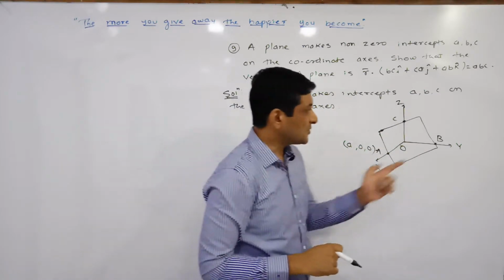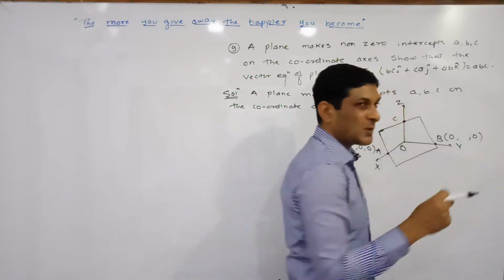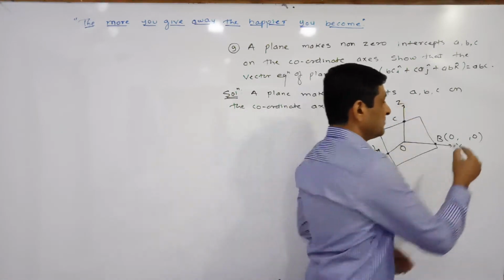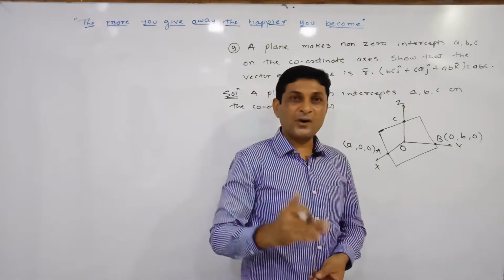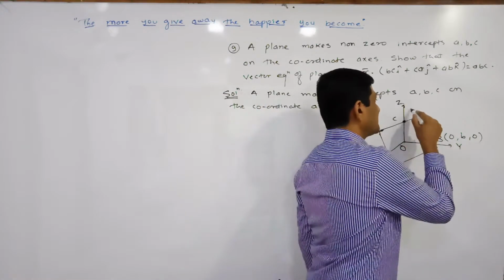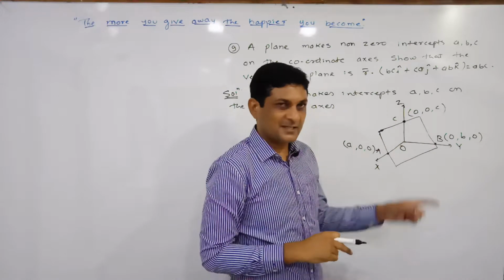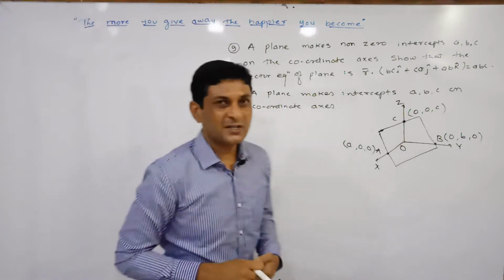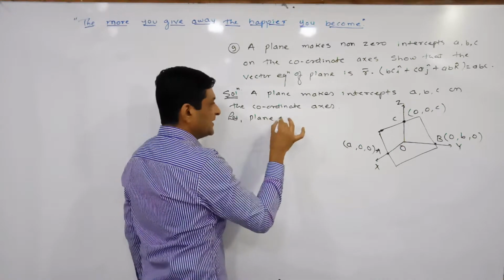Okay, so B is a point on the y axis. Since it is a point on the y axis, we can say that the x coordinate and z coordinate are 0. The y coordinate is denoted by b here, because b is the y intercept, and our definition of y intercept is the y coordinate of the point where the plane intersects the y axis. Now the z intercept is denoted by c, so here the coordinates of vertex C are 0, 0, c. C is a point on the z axis, that's why the x and y coordinates are 0, and according to the given condition the z coordinate is c here.